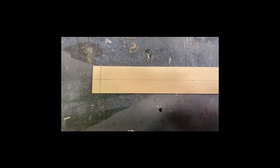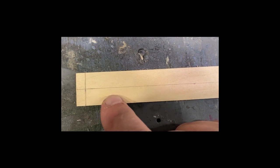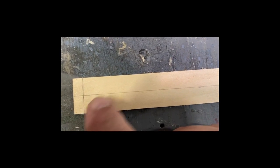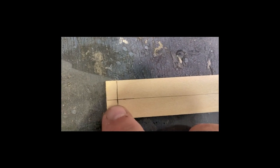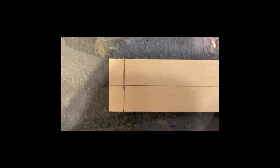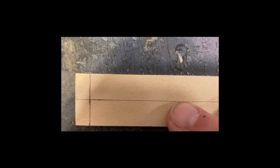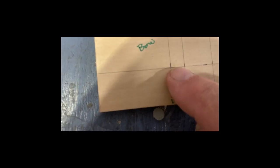Now, before I cut my spacers, I want to show you a couple different things. One, on the base, on the spacer stock, I put a center line. So when this piece gets cut out and it gets put on here, that center line on here has to line up with that center line right there. Okay. Another thing I did was I took